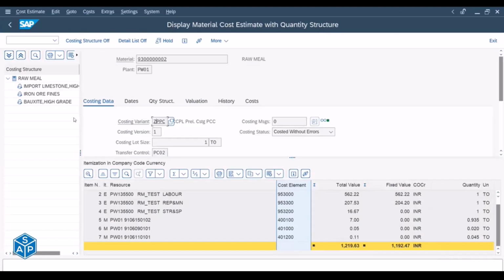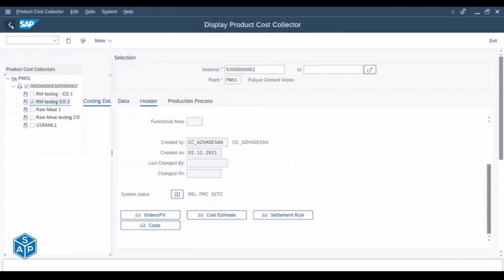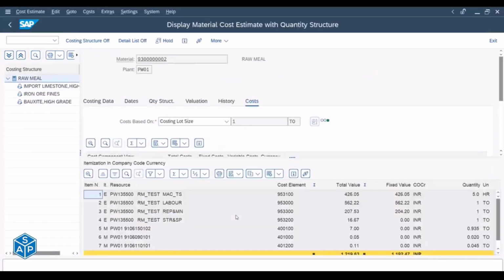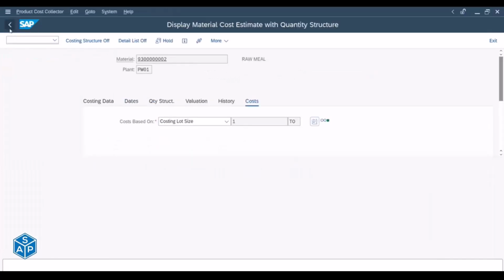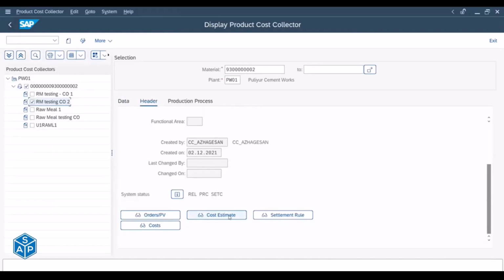Okay. Then you can go back to the product cost calculator screen. So this is how even the standard material cost estimation screen looks, it is the same. It looks like the same. It is a replica of the same screen. Okay. Now,